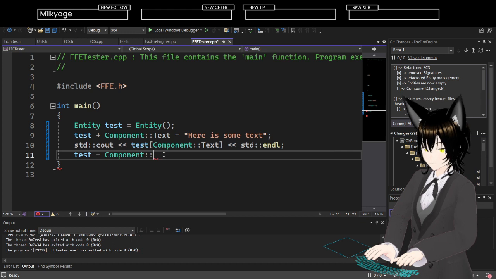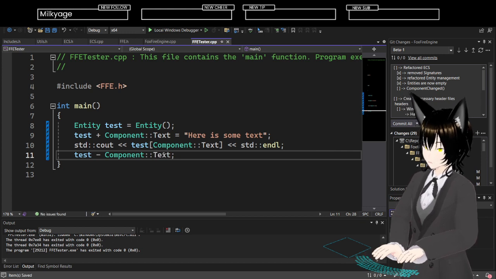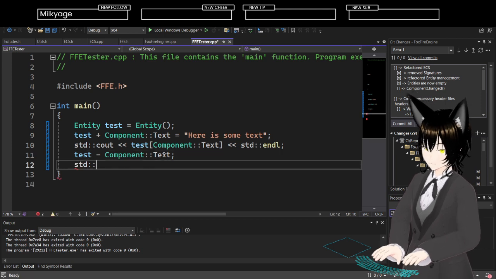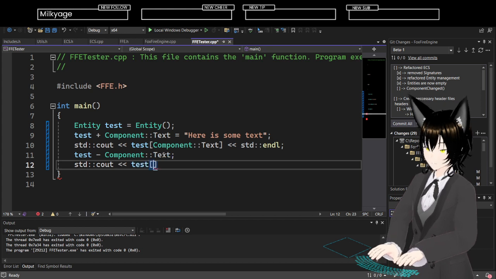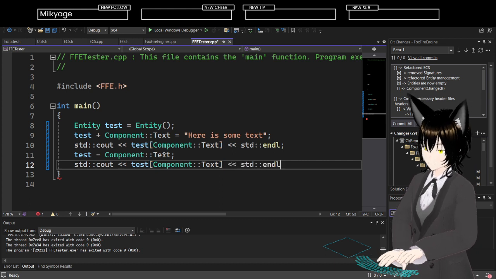Wait, stop it. Text. And that should work just fine. And then std cout test at components text std endl.